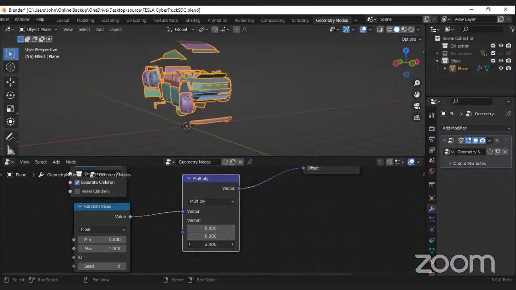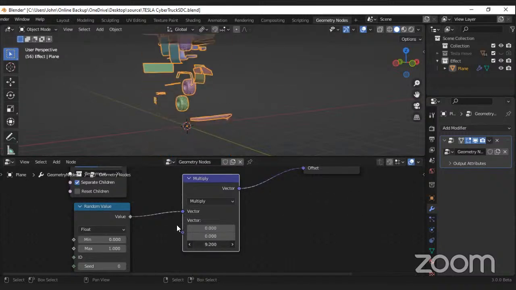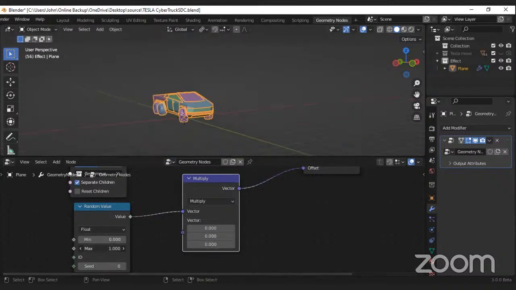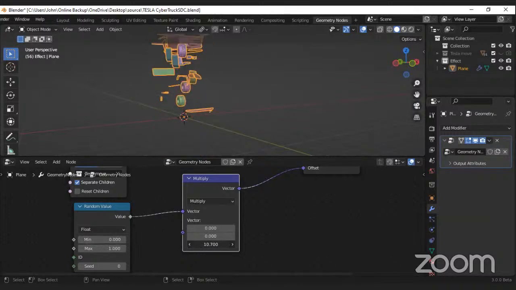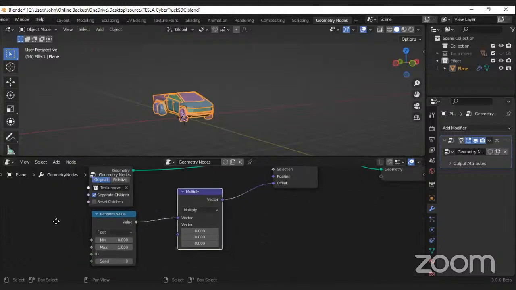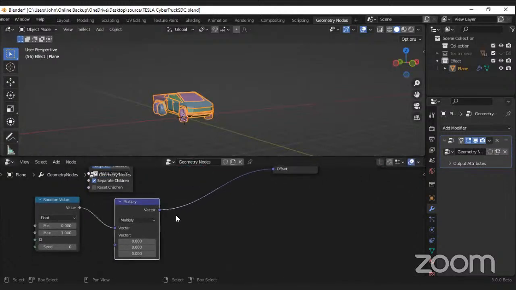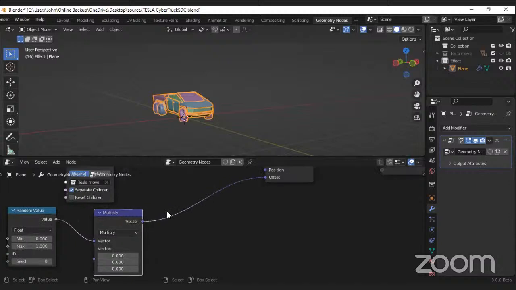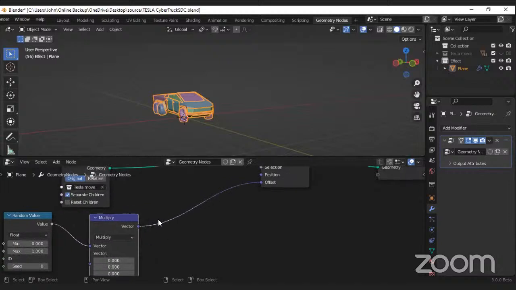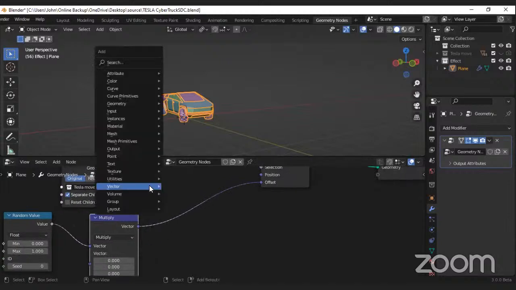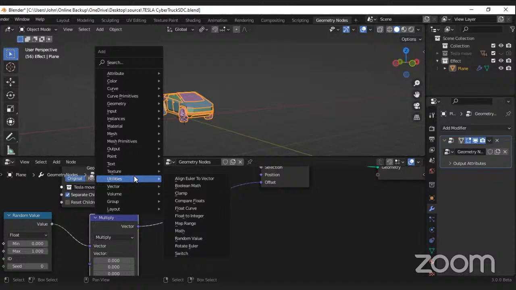So if I move that way, you can see now I can control not from here. I cannot control from here. Now I can just control from here, which is a good place to do that. Now I want to add another one here in between, which is by hitting Shift A on the keyboard and going to utility and math node, this math,